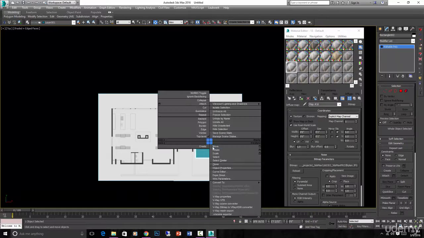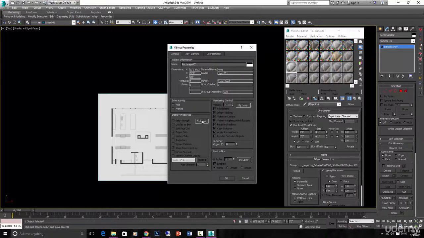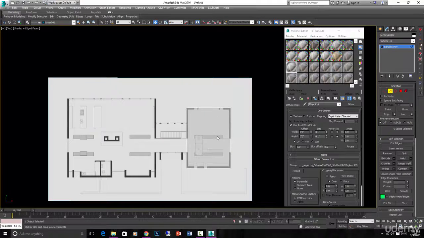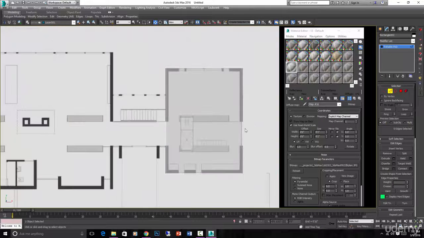Now right click again and let's go into object settings, object properties, sorry. Uncheck by layer so that we're controlling it by object and make it see-through. Now we can see through it. Now there's this cool tool, there's lots of different tools you can use here. What we need to do is cut some edges here in this polygon so that we can drag out from